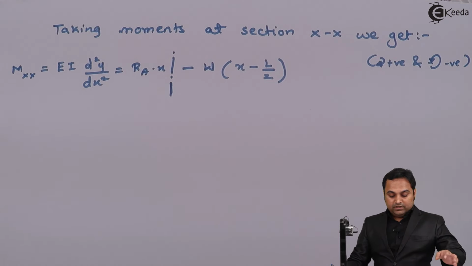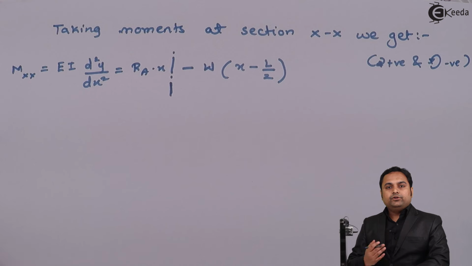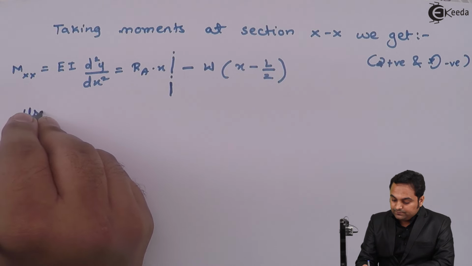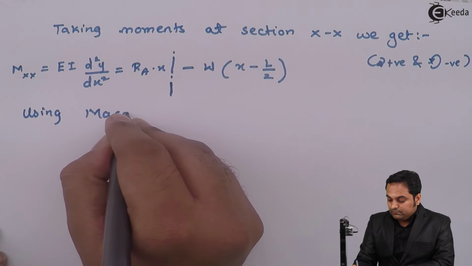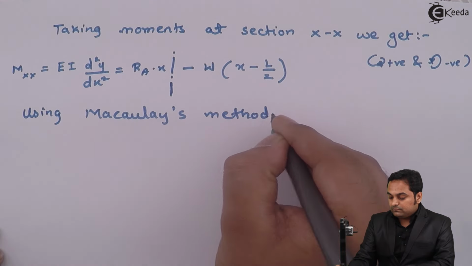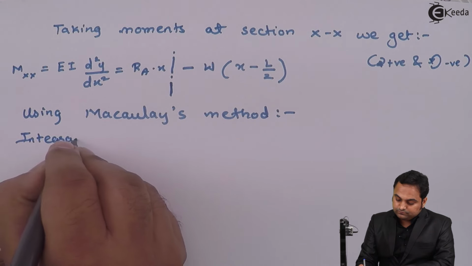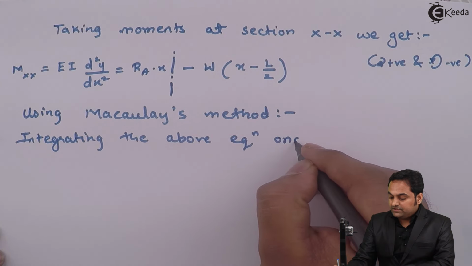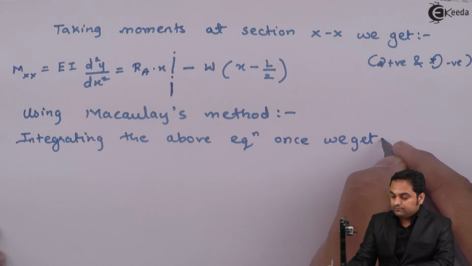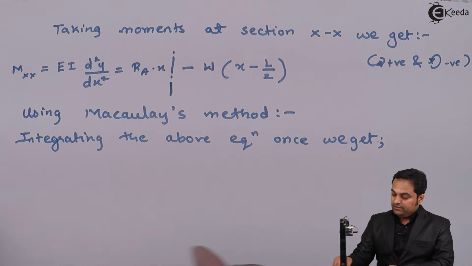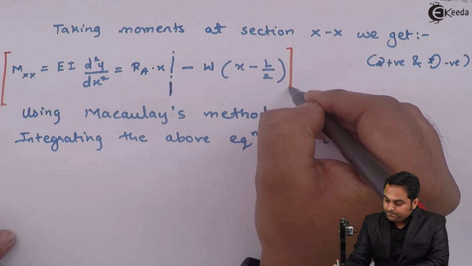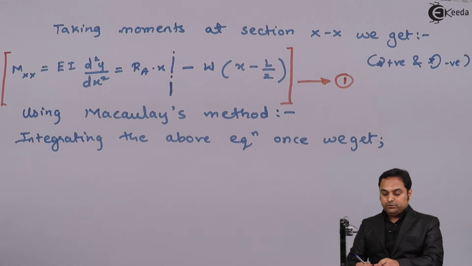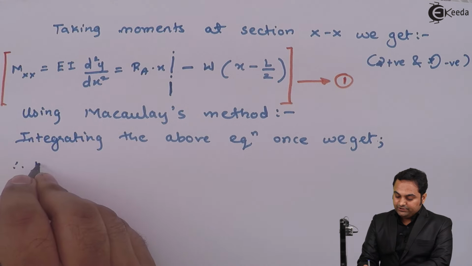Now, after reaching here, since we are going to use Macaulay's method, or the double integration method, using Macaulay's method, integrating the above equation once we get, now this equation, I'll call it equation 1, and this equation 1 we are going to integrate once,